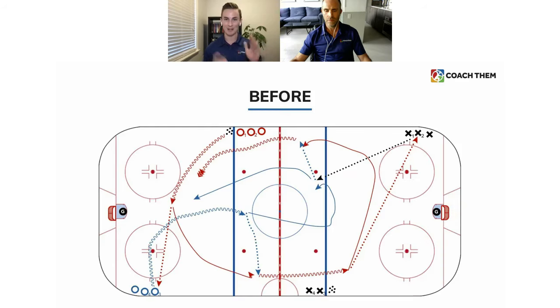On the left-hand side, my view goes to the nets right away. I see that the net's too far right. On the right-hand side, the net's way off. It's actually in front of the goal line on the hockey rink here. So that right away doesn't look right. Going a little bit deeper into the drill, the skating paths don't look that natural. In the center of the ice, the blue line has a weird curvature in it. We have the blue passing line, which is passing to the red player that's actually going the wrong way. It doesn't look that nice.